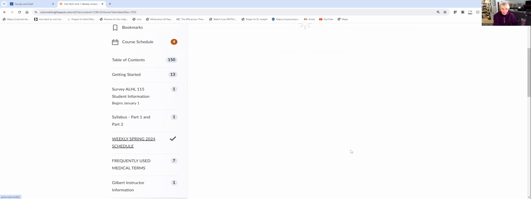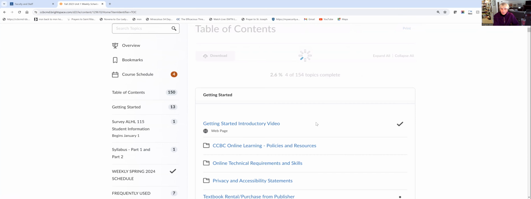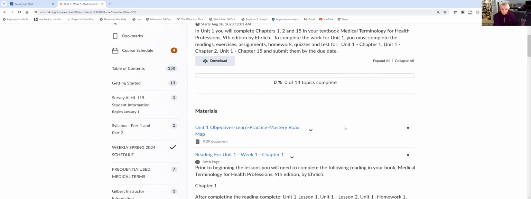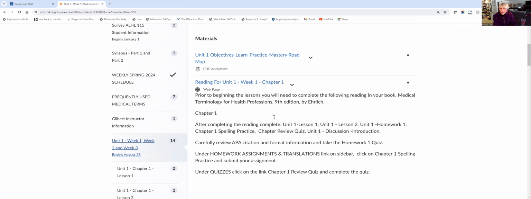Let's go in and take a look at what you're going to be doing during Week 1. Okay, first of all, you need to do your readings for Unit 1, Week 1. And prior to beginning any of the lessons or links that are online, you want to make sure that you read this, and after completing the reading,